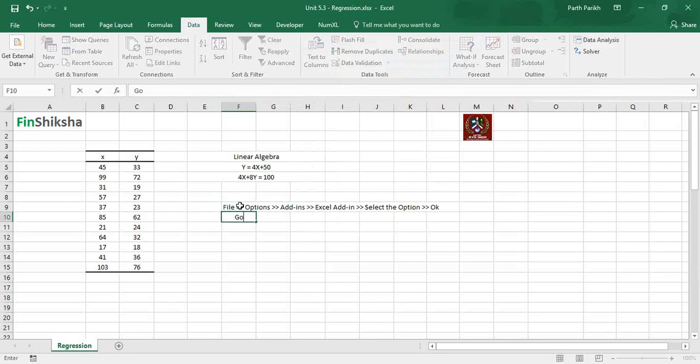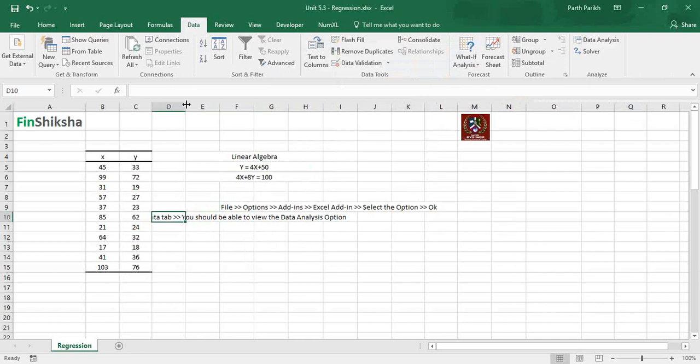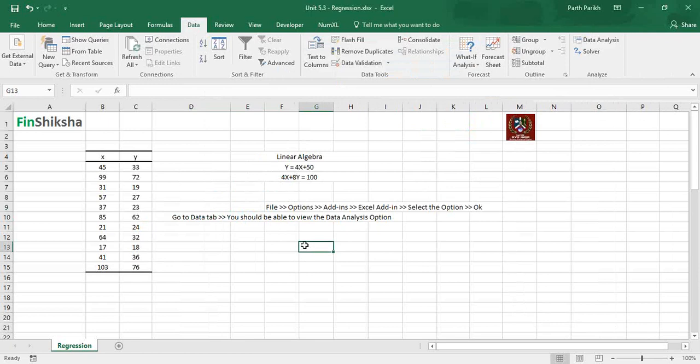Go to the Data tab. You should be able to view the data analysis option. So this is the first part which you have to do before we get into this analysis of a regression.